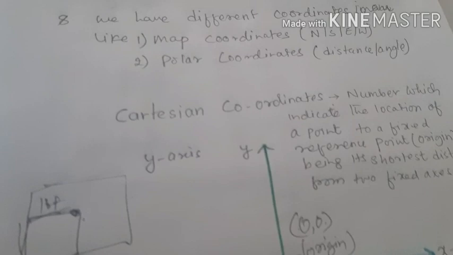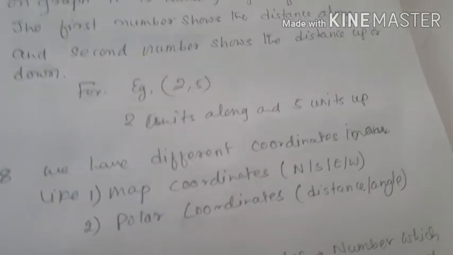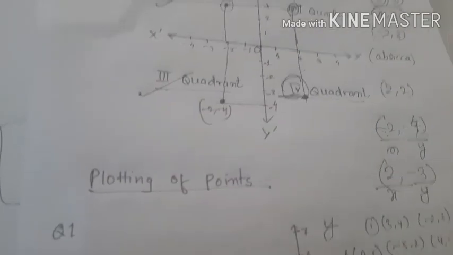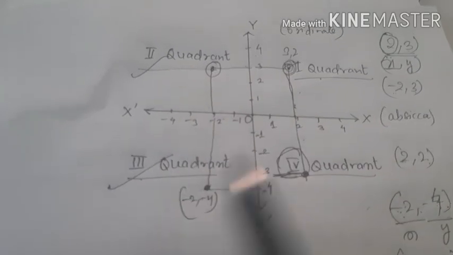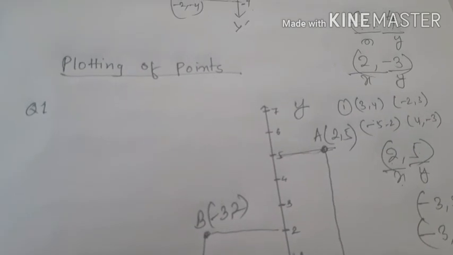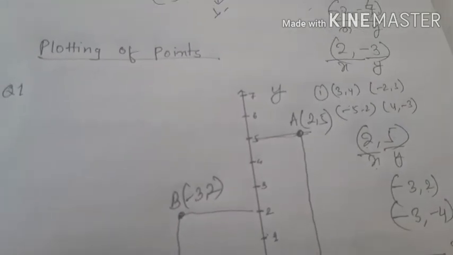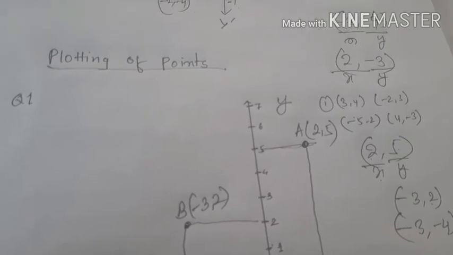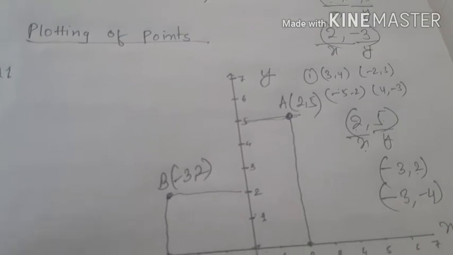So exactly, coordinate geometry gives you the exact position of an object where it is placed. In this chapter we will first write the definition, and we'll draw the Cartesian coordinates. After that we will write how many quadrants there are and how it has been divided, and then we'll write the plotting of points. Then after that we'll go with the exercise. In this exercise there are very few questions. So you can complete that and submit it to me. Okay, thank you.